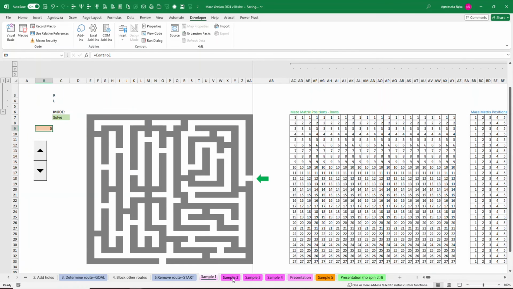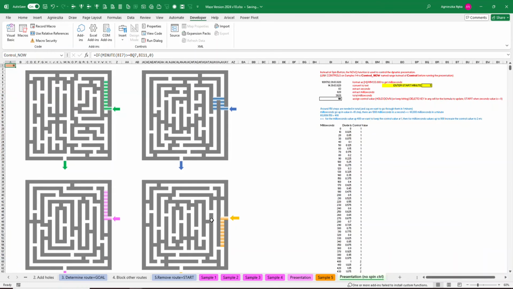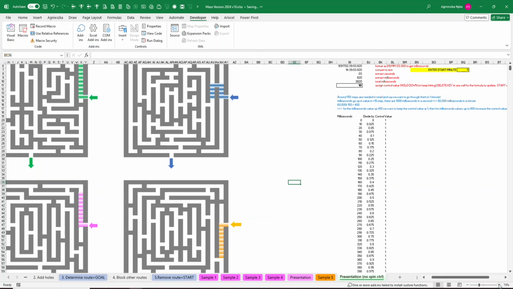So I'm going to change all these temporarily to control now. Right, so we're going to jump here. This is a new tab. Instead of using a control button, I'm sure there are many more creative ways of doing this, I went for